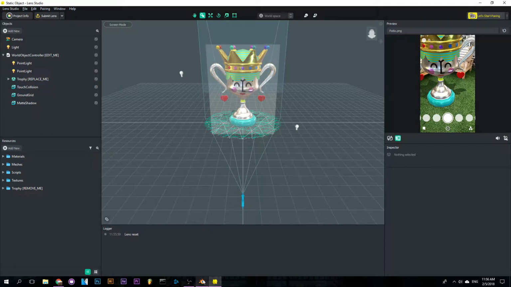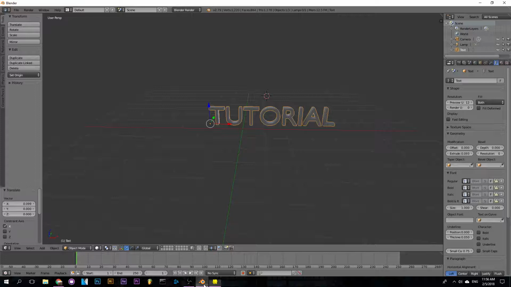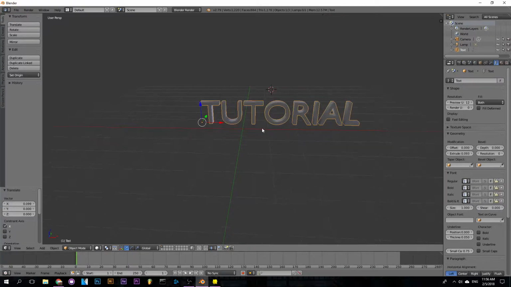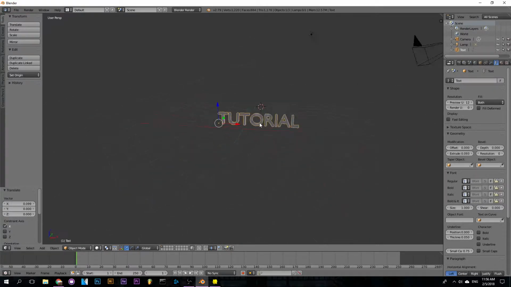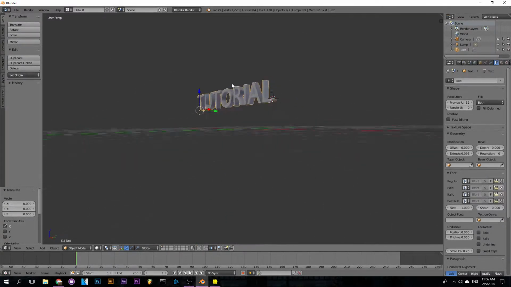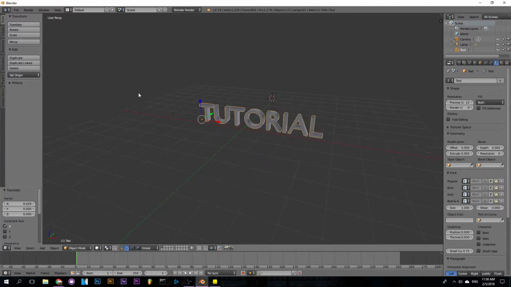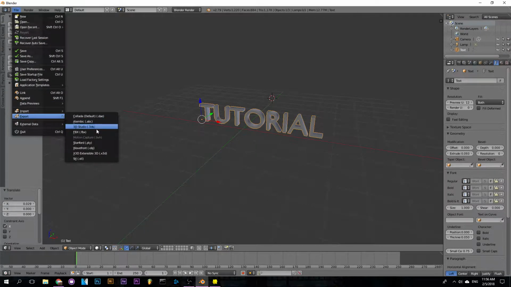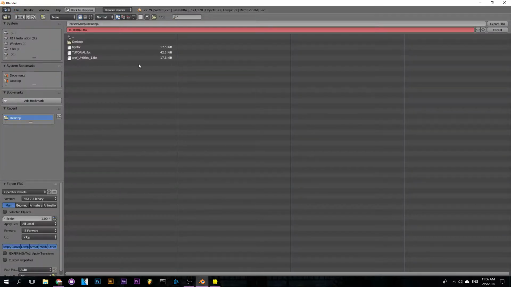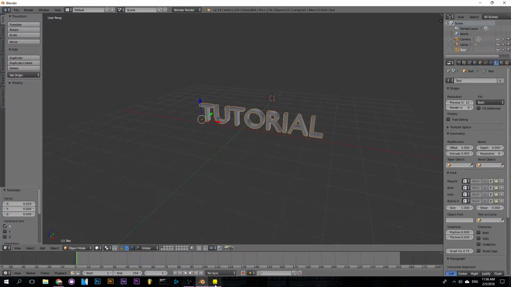What we're going to do is put our own 3D model in. So we're using Blender to keep this tutorial completely free. It is a piece of free software that I'm sure you've heard about if you are into 3D modeling at all. So we just have our tutorial text here. We're going to export as a .fbx file. We're just going to put it on our desktop. I'm going to overwrite this tutorial thing that I've been messing with, and then we're going to go back into